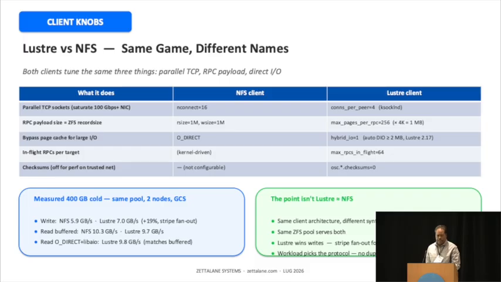Lustre has the same thing, even the hybrid plus the direct option too. On the Lustre side, you could control the checksum. And for the read, NFS and Lustre seem to be the same. For NFS, you have to use 2 mount points, obviously, to match with Lustre if you're running with FIO. But in the right scenario, Lustre is pretty smooth